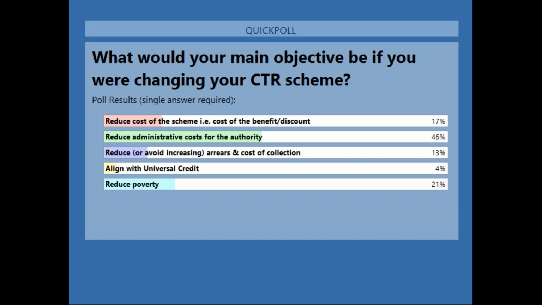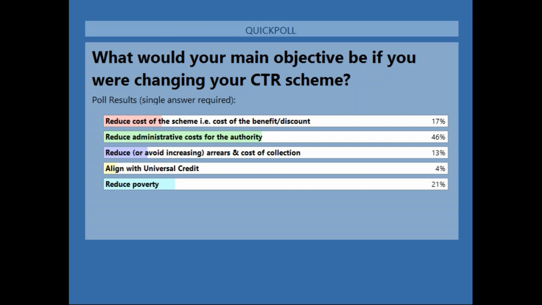Yeah, by a long way, the main objective seems to be to reduce admin costs, and I think this is just really sensible. You've got universal credit coming in. It's an opportunity to do this. And it actually reflects, we've been out visiting loads of local authorities to do CTRS impact assessments, and this always comes up. The amount the local authority gets towards admin costs, I think we worked out, was £11 per case,